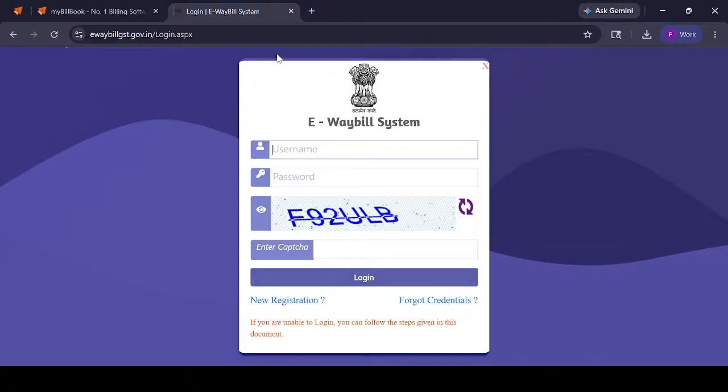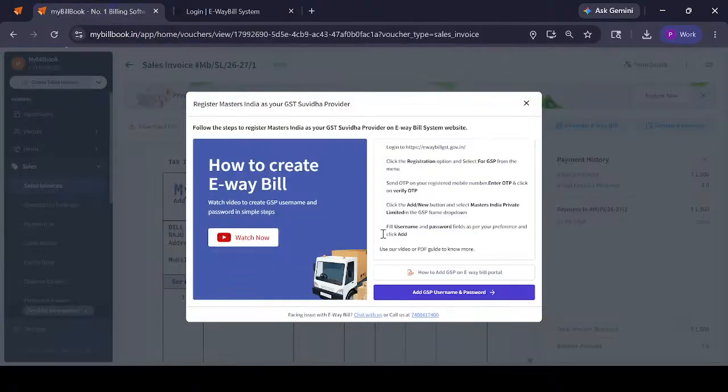Once you click on login, in the Waybill portal only, at the left hand side you can find the registration. Click on that and select GSP, and the GST Suvidha Provider would be Masters India Private Limited. After the GSP, you can just verify the user's OTP. So once the OTP is verified,